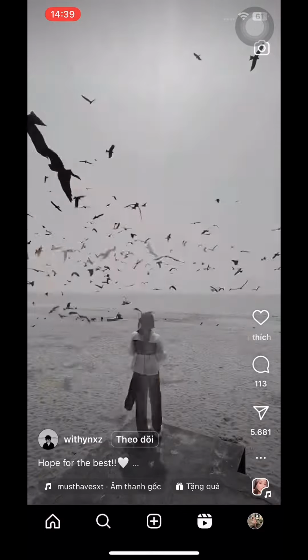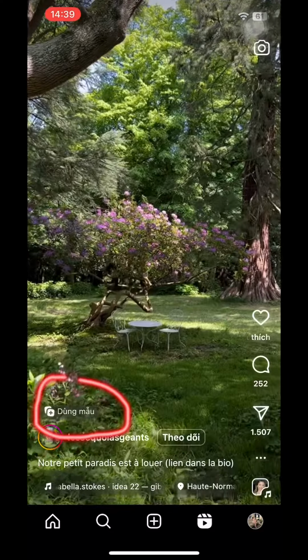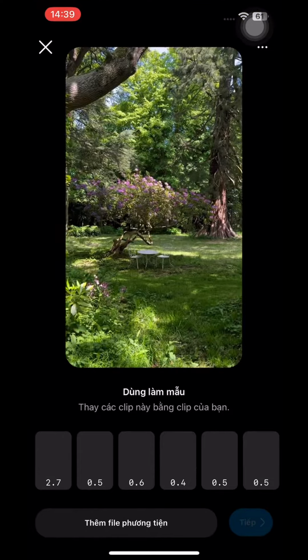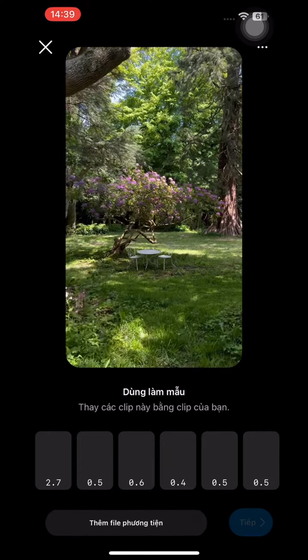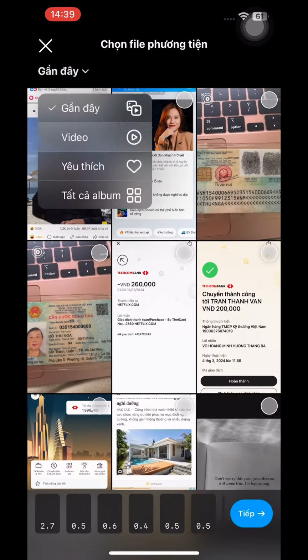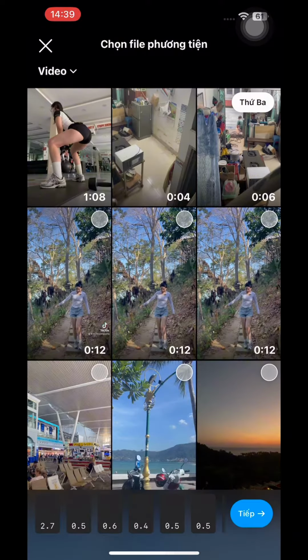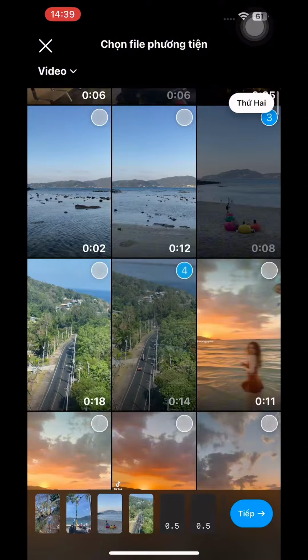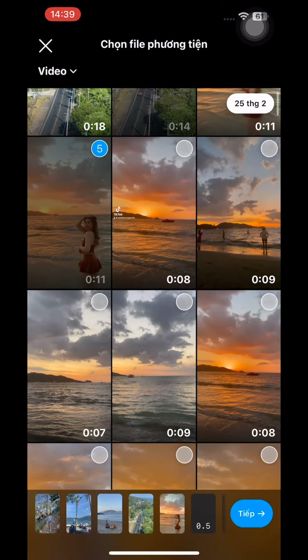Step 1. Open Instagram and select Reels to see other people's Reels. If this Reel has a sound you like, see if the Reel has a try button. This button is in the left corner of the screen, where I have circled. And then the pre-created template will appear and you just need to add the video available on your phone and press continue to publish it.